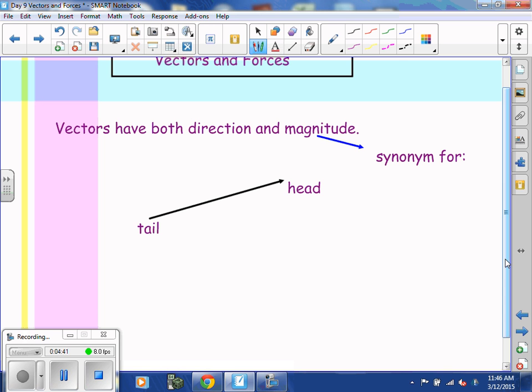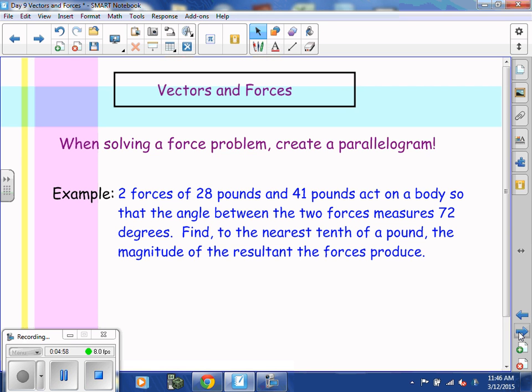Speed. How fast? So magnitude: how fast, how much, how does it weigh? Okay, so now,